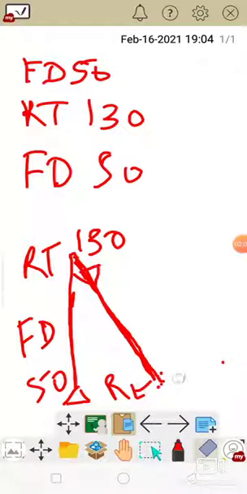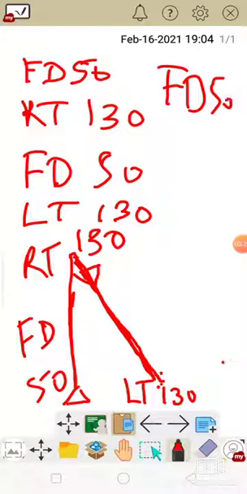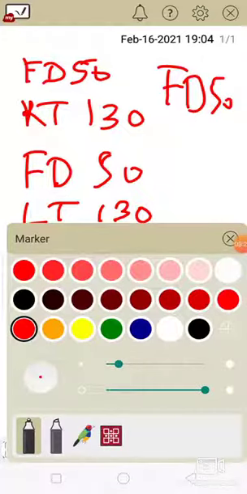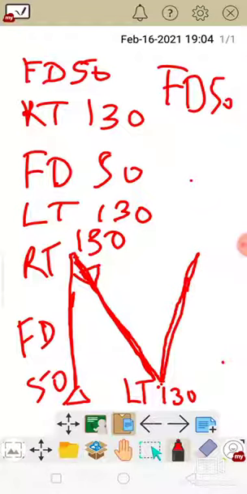Imagine the shape of M. So here we will turn LT 130, and then again FD 50, and it will go up. This is FD 50.